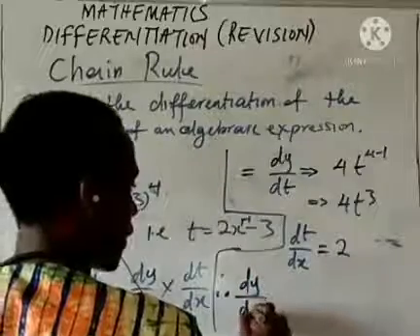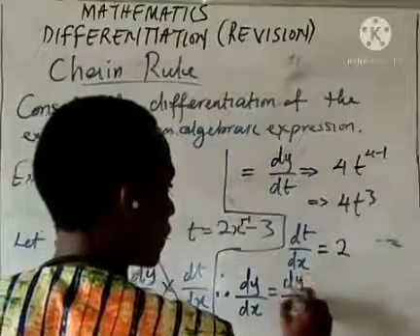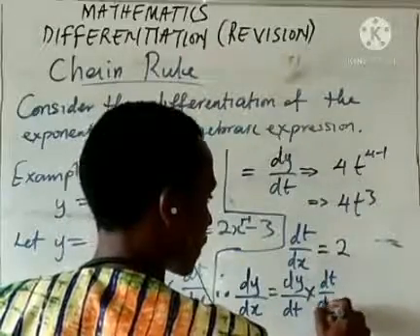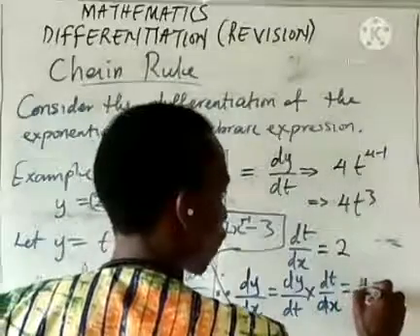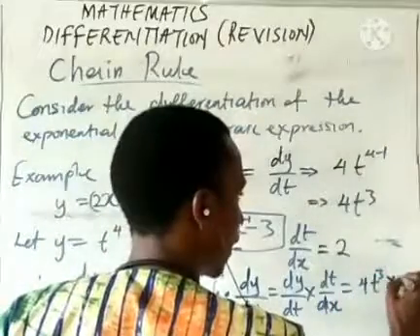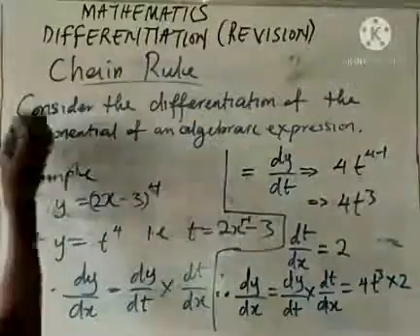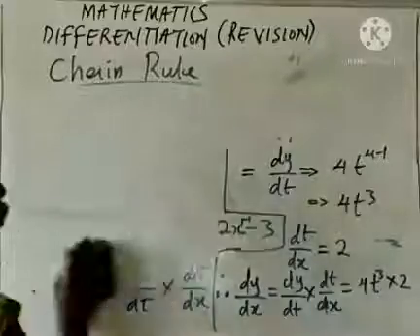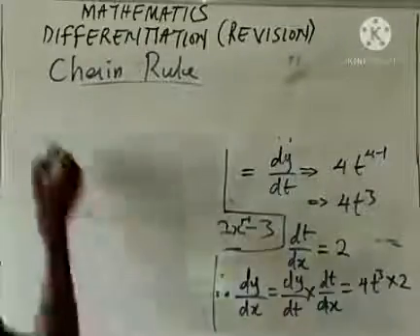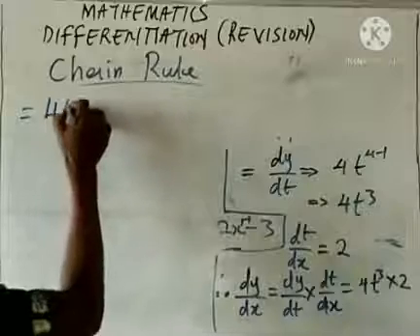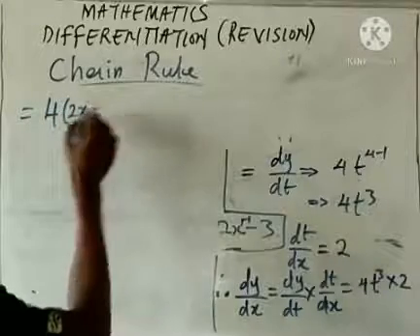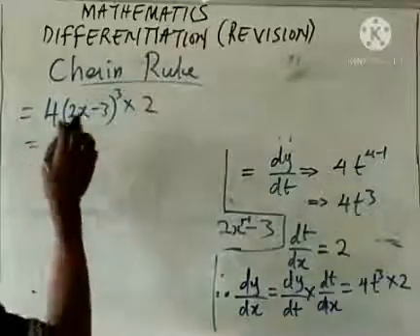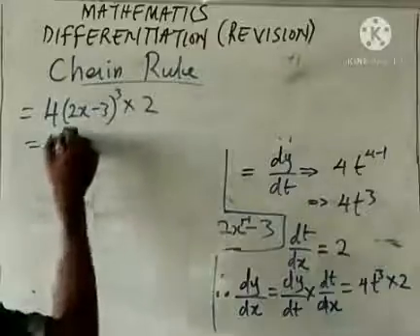So therefore, my dy/dx, taken as dy/dt times dt/dx, is 4t raised to power 3 times 2. So in such a case, what do we have? I will be having a full expression of what I have here, meaning 4 into 2x minus 3 all raised to power 3 times 2. So all this raised to power 3, now I'll be having 4 into